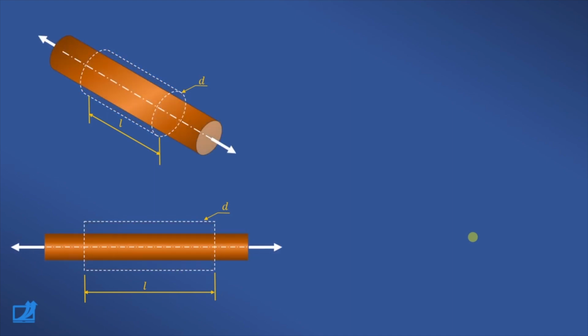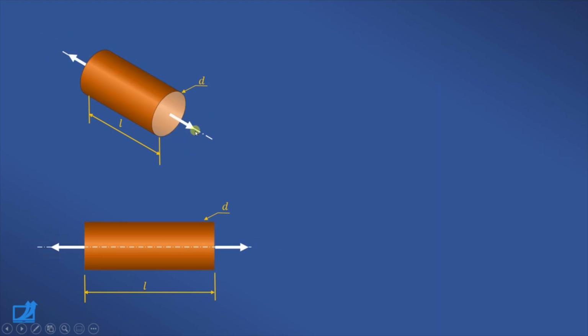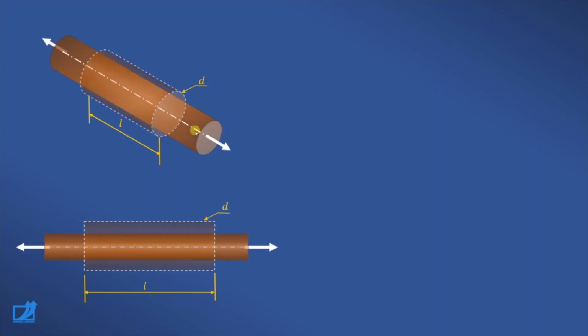Here is a bar of length L and diameter D, and it is acted upon by an axial force. So, a very common situation we have considered up till now: an axially loaded bar of uniform cross section. Now it has been observed that under the action of force along its axis, its length increases. It has also been observed that dimensions perpendicular to the line of force also change.